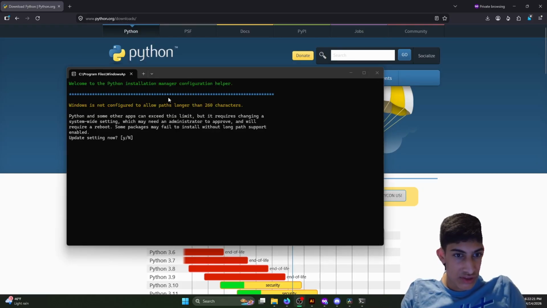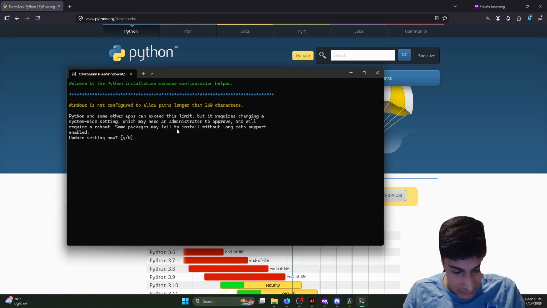So now it's opened up this Installation Manager configuration helper. Firstly, it's asking us if we're fine with Python using paths that are longer than 260 characters, and if we're fine with it changing a setting in Windows. We want to be able to install packages, so we can say yes to that, typing Y and pressing enter,